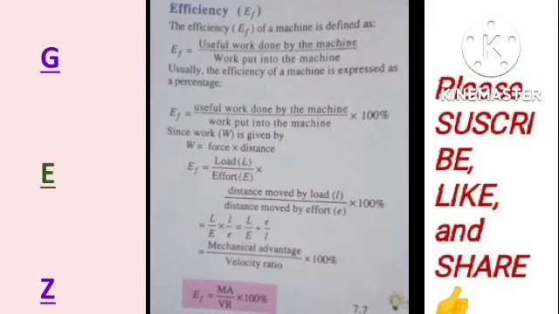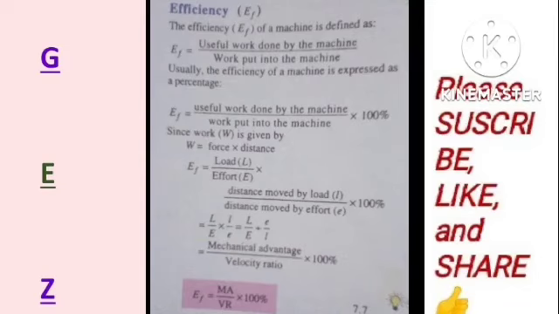work done on the load. Then on the denominator we have the effort times the distance over effort, which is the work done by the effort. So at the end of the day, we have this as the mechanical advantage over velocity ratio, because this is the inverse of the velocity ratio multiplying the mechanical advantage. So this is another way of expressing the efficiency, which is mechanical advantage divided by the velocity ratio multiplied